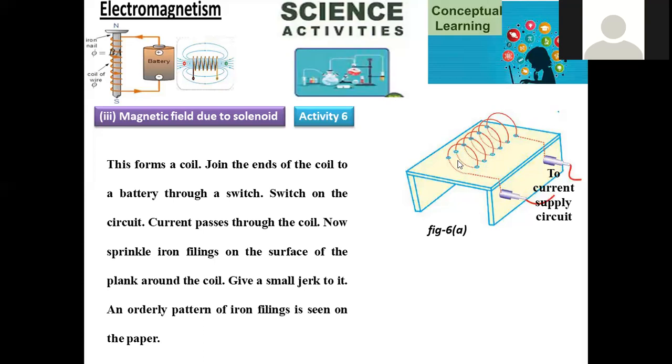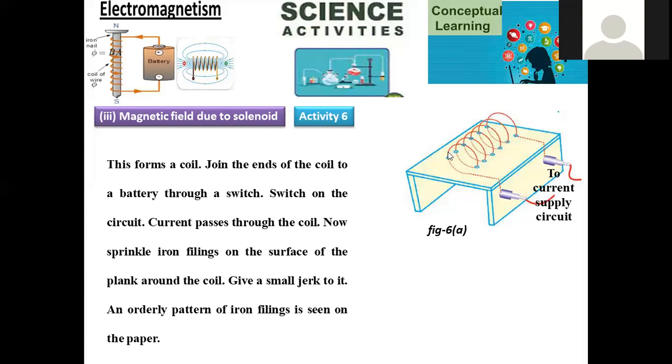Those iron filings are in close proximity, and there will be magnetic attractive forces in between, so that they are aligned in a regular arrangement on this plane rather than a random arrangement, because of the magnetic field generated. Whenever a bar magnet is near an iron rod, what happens? The iron rod will stick to it because of its magnetic nature, right? In a similar manner, here this copper coil works like a magnet, so it induces a magnetic field.